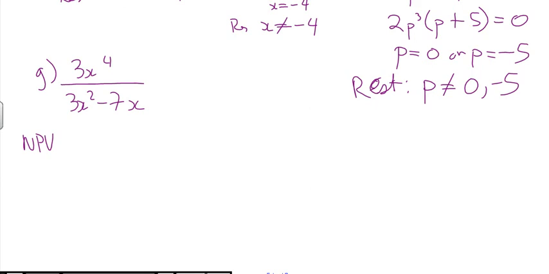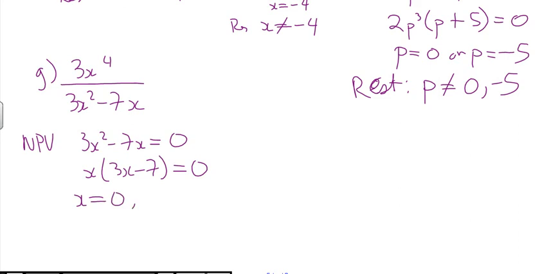Okay, that bottom, the denominator factors, so we want to factor it. So what I'm just going to do is write 3x squared minus 7x equals 0, factor out an x, and say that x is 0, or, do you know the fast way of doing that? Positive over 3, 7/3. So the fast way of doing that is to take this number over this number, but with the